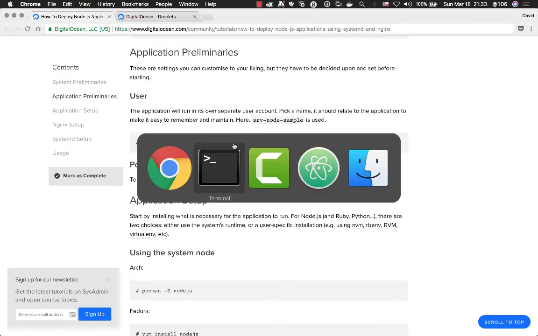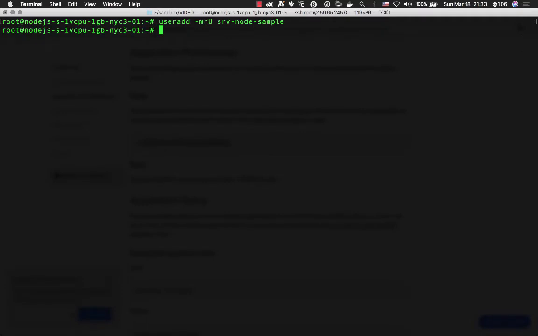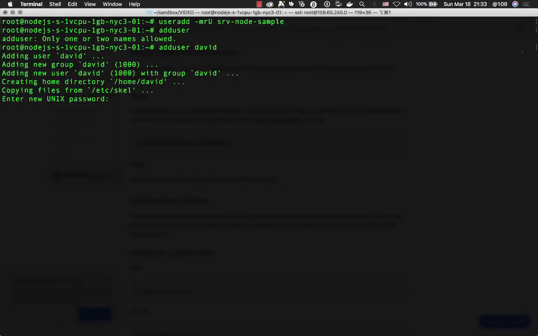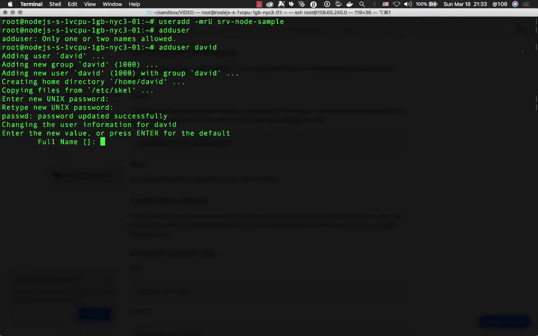So I'll just copy and paste this, and there, it's done. If I were to do adduser, which is just the inverse of that command, I would then say, let's say my name, David. Here we see a new password and the full name. You can see the difference here. When I do useradd, it expects some flags and a little bit of information. When I do adduser, it lets me go interactively, and this is not something you would use for a shell script. Room number, work phone,